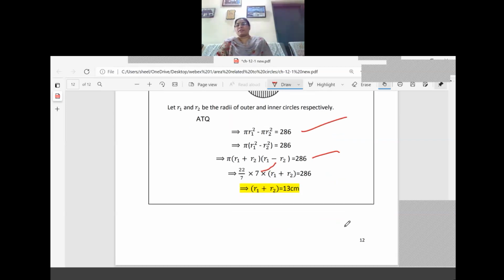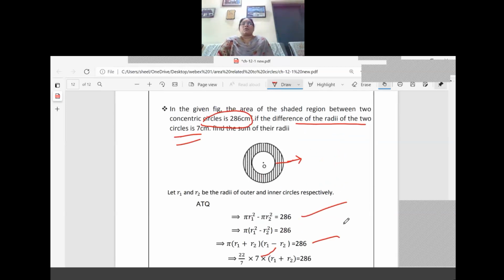Today's class, with this I'm winding up. So this is purely based on exercise 12.1 only, and which are the formulas we have used here mainly? One is circumference of the circle, another one is area of the circle. Both the formulas are very familiar to you. So just take the exercise also today itself and you can complete that one.